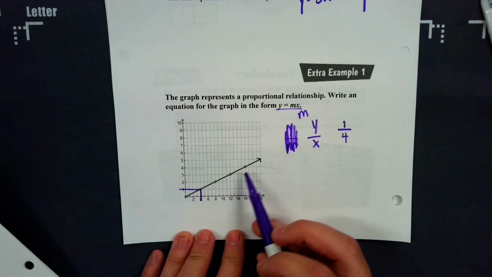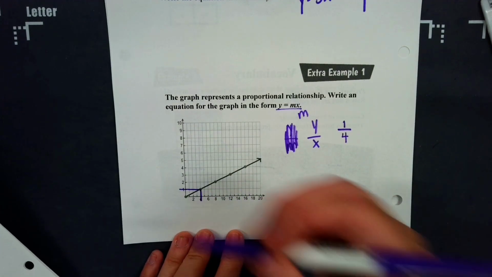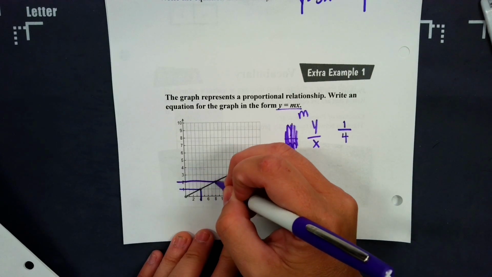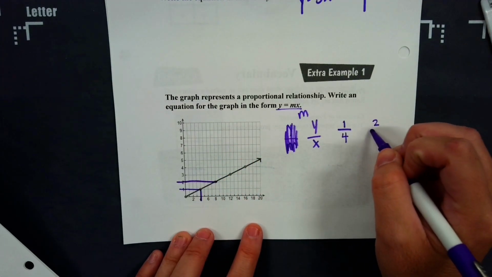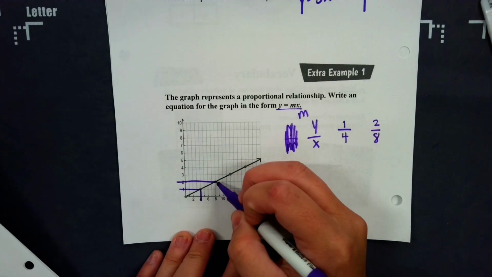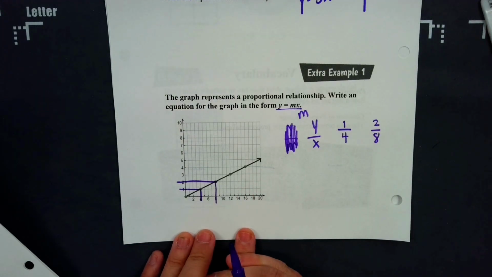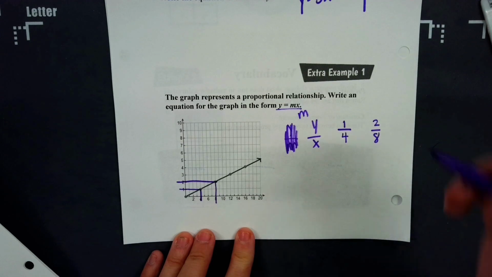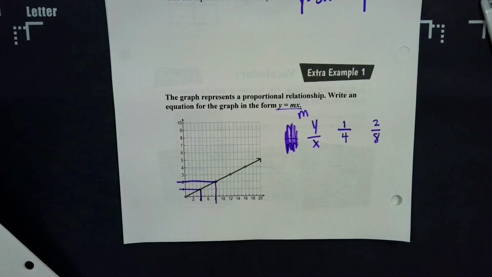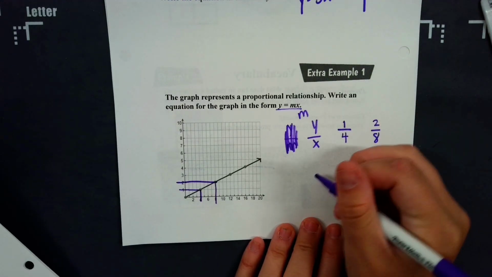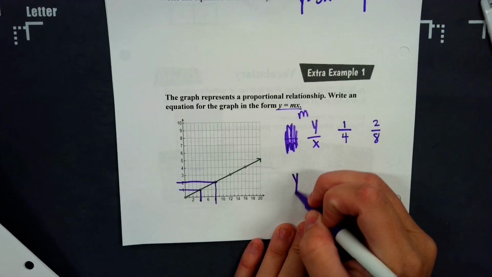Do you see there's lots of other dots here? Let's say I would have done this one. That would have been 2 over 8, right? Does that simplify to 1/4? Yeah. So we always want to go with the one closest to the origin because then it's already simplified for us. Does that make sense? Okay. So now to put it in our equation,